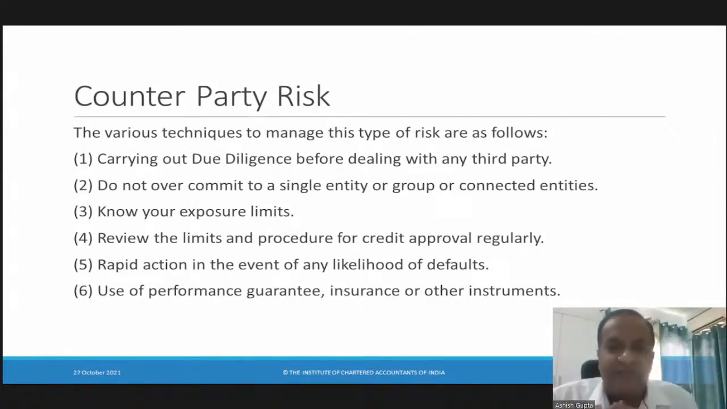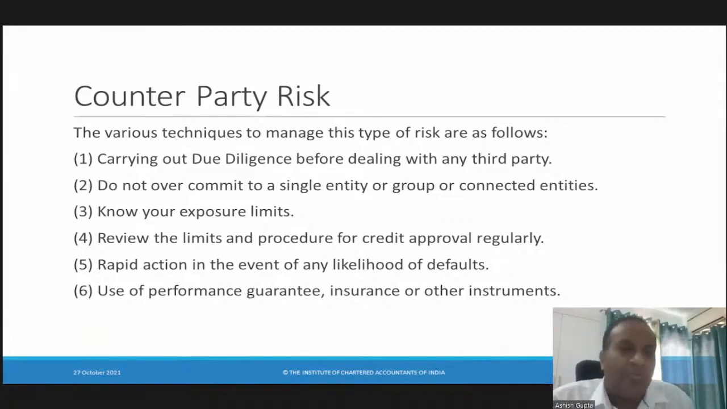These cases were very common prior to somewhere around 2000. After 2000, with the increase in technology, this risk has reduced to a minimum. Another is counterparty risk. The various techniques to manage this type of risk are these: carrying out due diligence, very important. Just carry out the due diligence of your